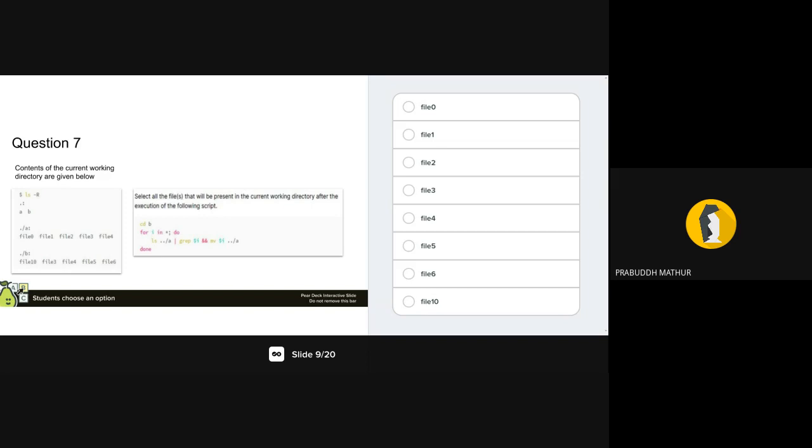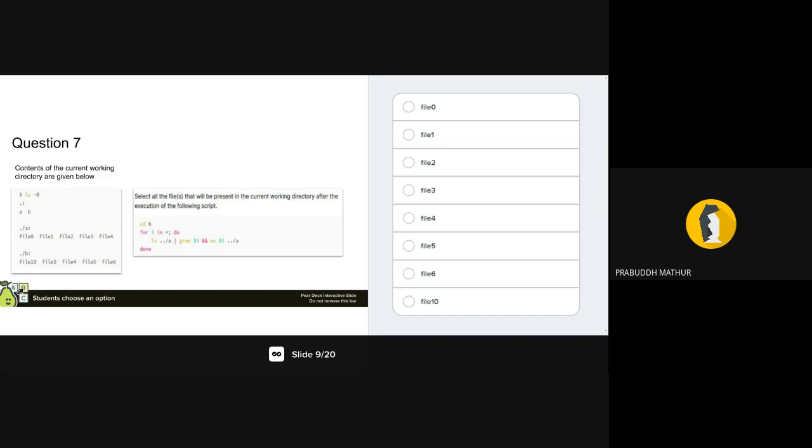But can you explain how? Those files which are present in both A and B will get moved to the A directory, right?